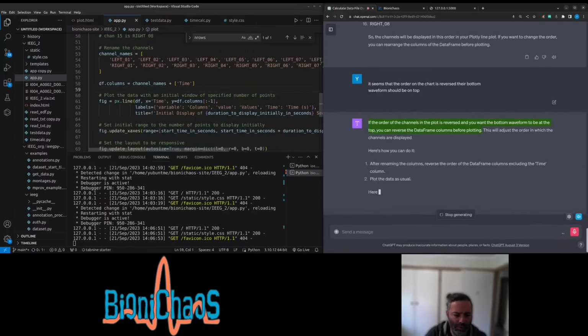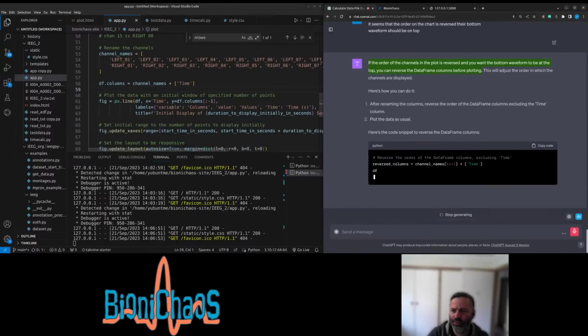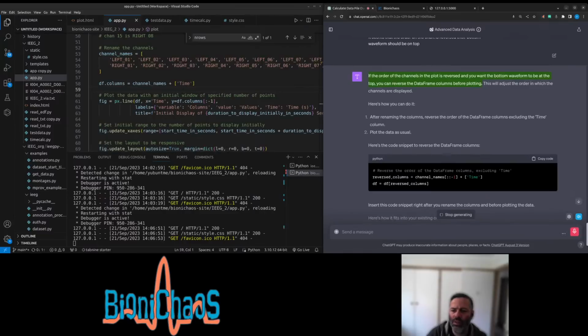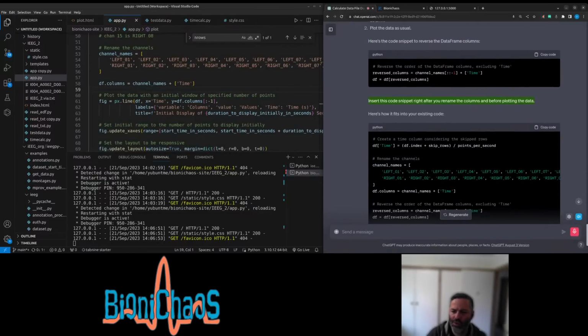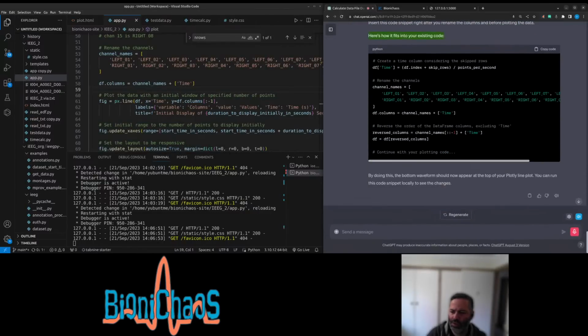If the order of the channels in the plot is reversed and you want the bottom waveform to be at the top, you can reverse the data frame columns before plotting. This will adjust the order in which the channels are displayed. Here's how you can do it. After renaming the columns, reverse the order of the data frame columns excluding the type column. Plot the data as usual. Here's a code snippet to reverse the data frame columns. Insert this code snippet right after you rename the columns and before plotting the data. Here's how it fits into your existing code. By doing this,